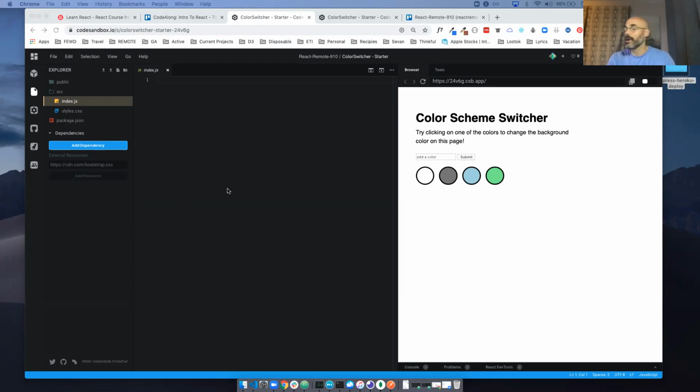So I always start with this. This is one of my favorites. I teach it in every class I've ever taught. Speak to any of my students and they're like, oh, Joe's teaching his color switcher again. But it's a really basic thing, and it'll show us how we could take something even as small as this, break it into components, understand the React architecture, and then apply that to larger applications, which is the goal, right? I don't want to start with Pinterest and Twitter right off the bat. It's going to be overwhelming to try to build that out, trust me.